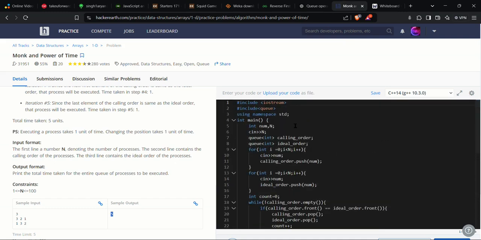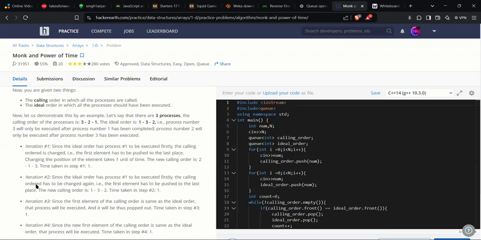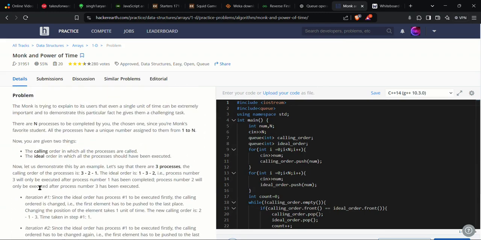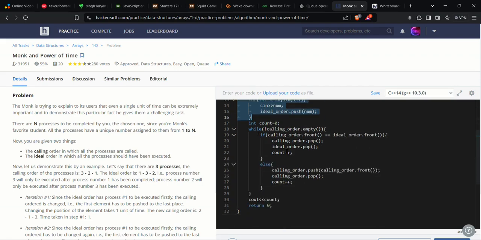So in HackerEarth, you are not given the input code, like you are given on LeetCode. So I was basically given nothing. I had to include this queue and I had to write all of this. This is all just to input. Okay, this part is for input. You can see it. It's easy. This is where the actual